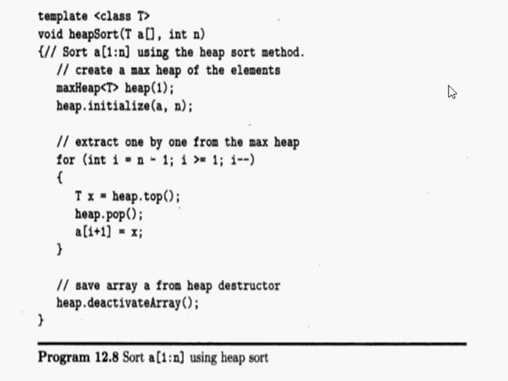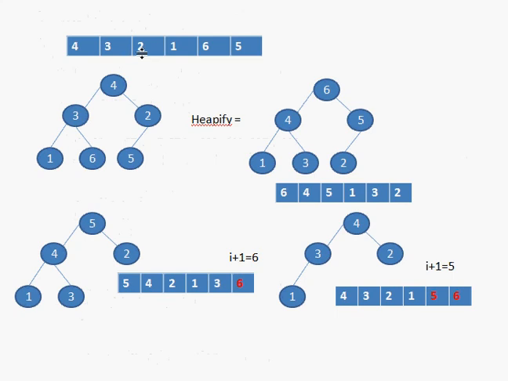As we know, this is a sorting algorithm, so the main intention is to get a list and sort it in ascending order. Now, how the functions we are using in this method, initialize and pop, will get the list sorted in ascending order, we will discuss. So how sorting can be achieved, let's explain it with respect to this diagram.